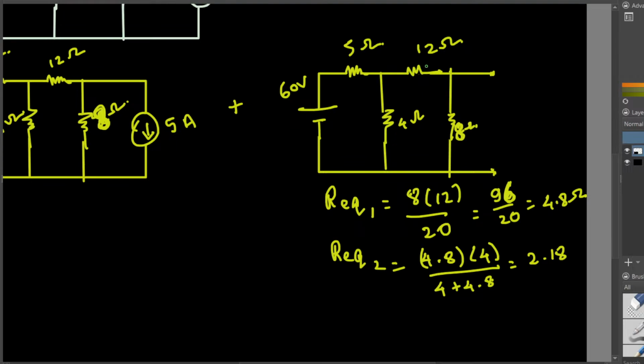And after that, what I did was product over sum again, because I thought these two are parallel. 4.8 times 4, that is